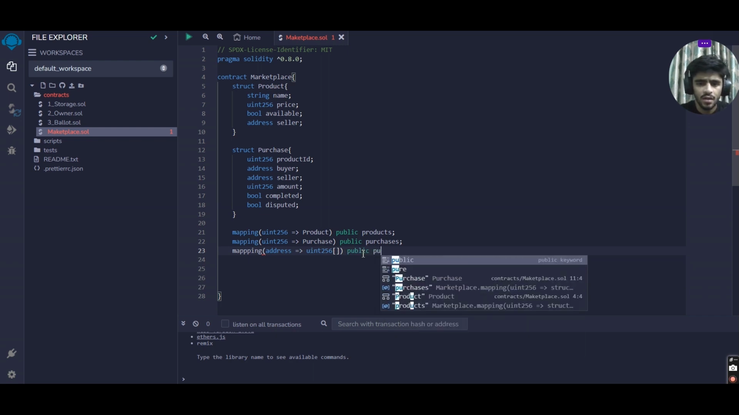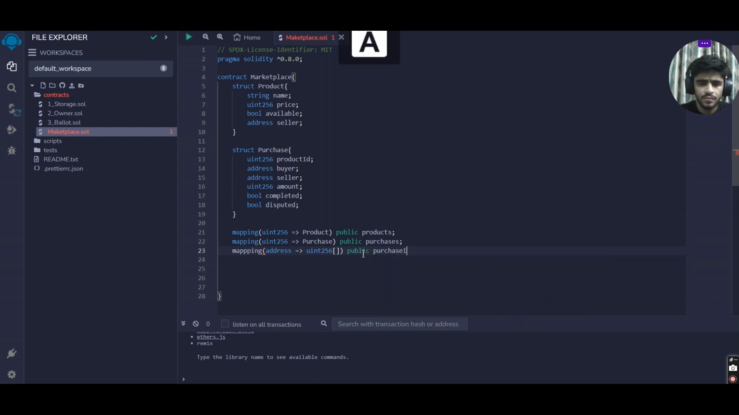What it means is, purchase IDs. Okay, looks good. Now we are going to do one more thing. What we are going to do is create two more mappings called buyer balances and